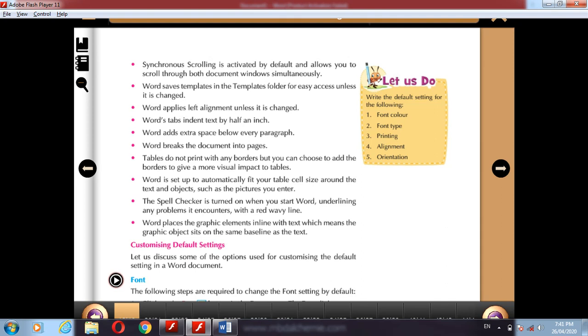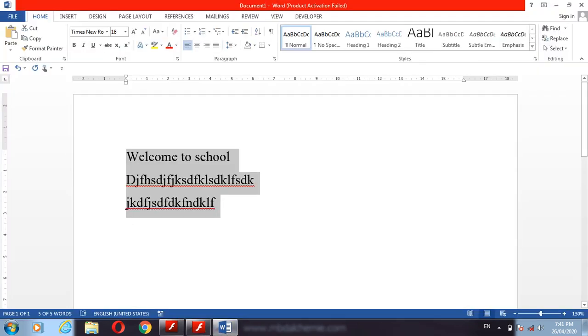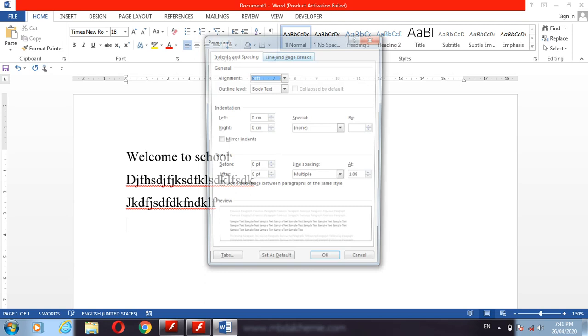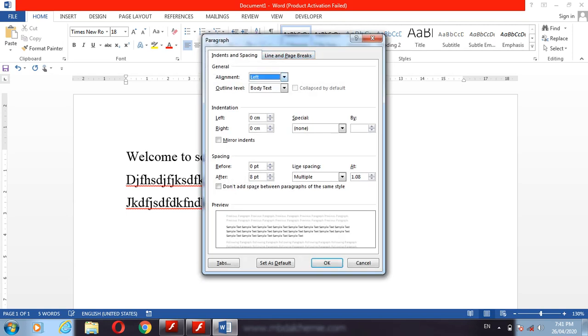Word adds extra space below every paragraph. How can we do this? If we want to format the paragraph, we can make the space using the paragraph settings. Here in the Home tab we can change the paragraph by indent and spacing, line and page break.